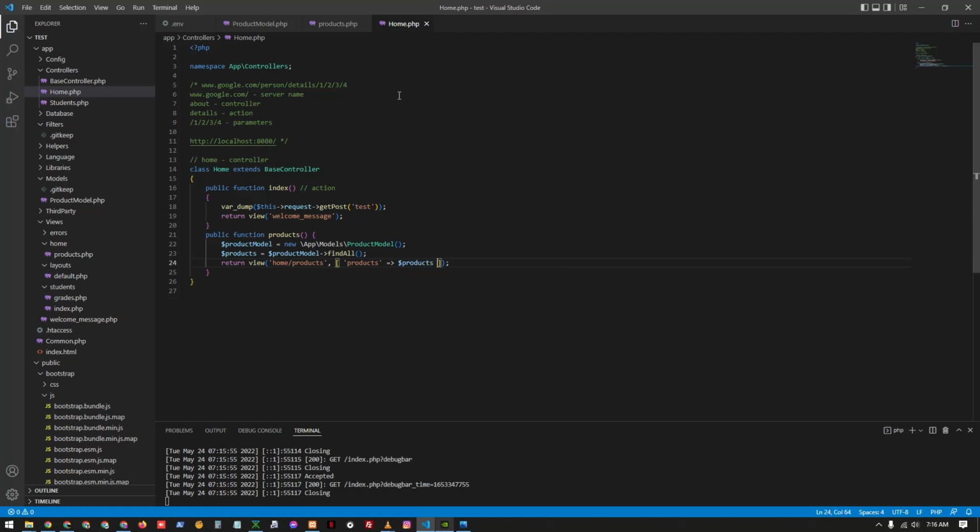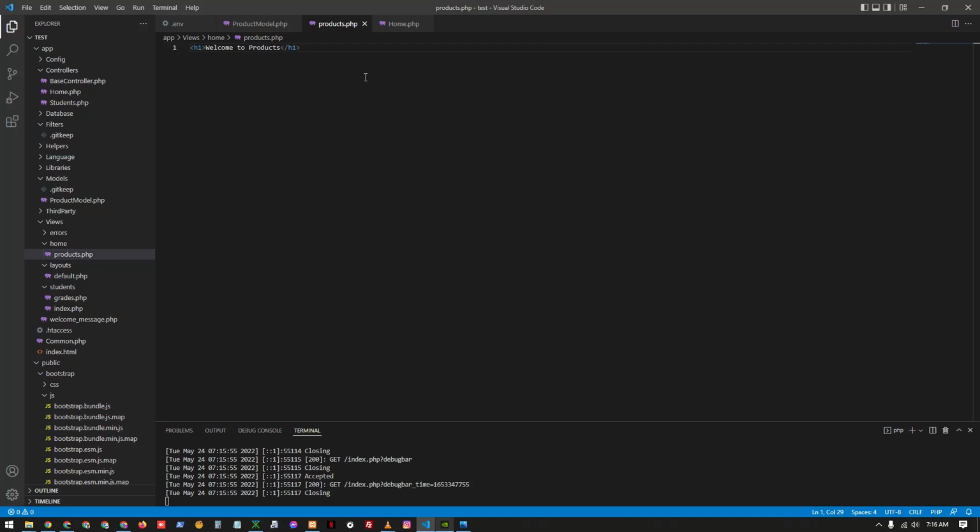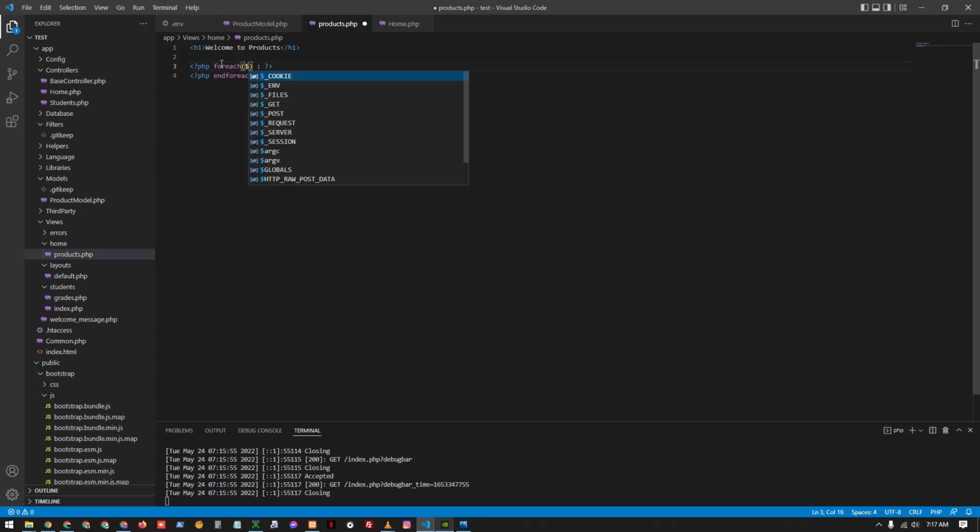Alright, now next is we need to display or test the values for our products and see if we have successfully transferred the value. So in our views in the products page, let's try to loop them. So foreach. Remember, the foreach only accepts an array to be iterated or looped. So the products that we have passed, so products